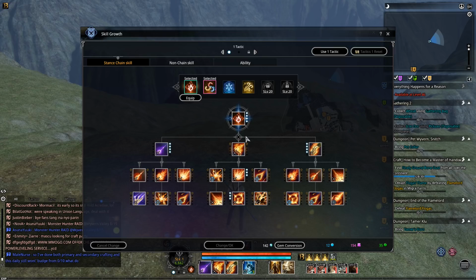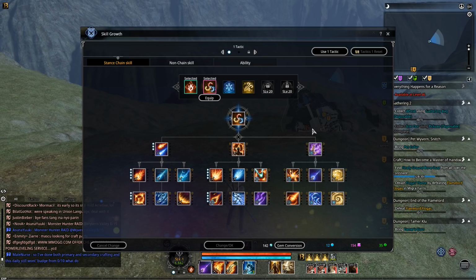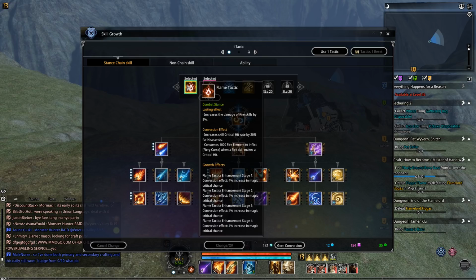After we're done with this chain, we continue the combo by swapping to Mixed Tactic. Now, when we swap, we benefit from the 40% increased critical strike rate from Flame Tactic, after it's improved, of course. It doesn't say on the tooltip right now. And if we happen to have an extra 1000 fire element saved from maybe mobs before we got to the boss, or under any scenario, if you have an extra 1000 fire element, it'll help